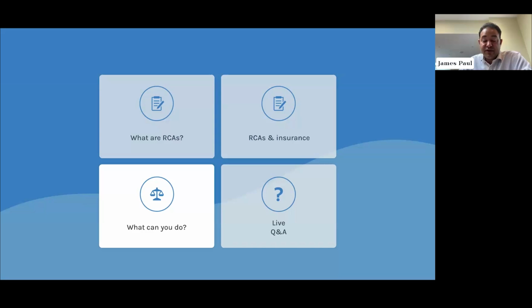Anything like a previous RCA, building survey report, whatever they've got on their system. I'm very used to sort of leafing through it. The typical scenario is someone will give me a load of documents in a big Dropbox dump, and I'll just sift through it and find the things that I want.